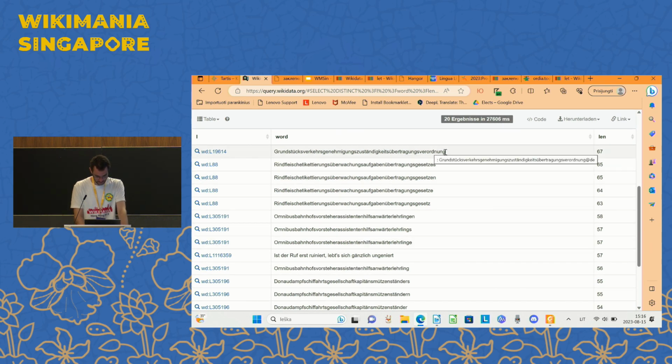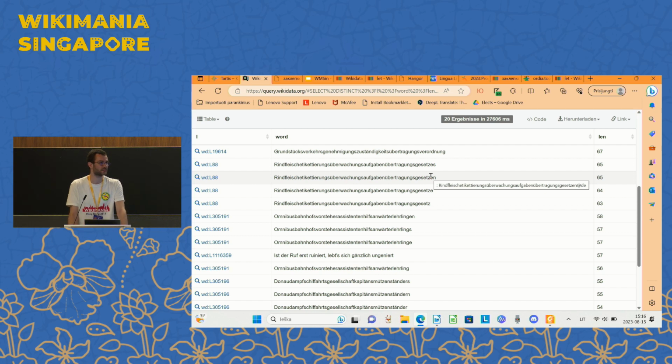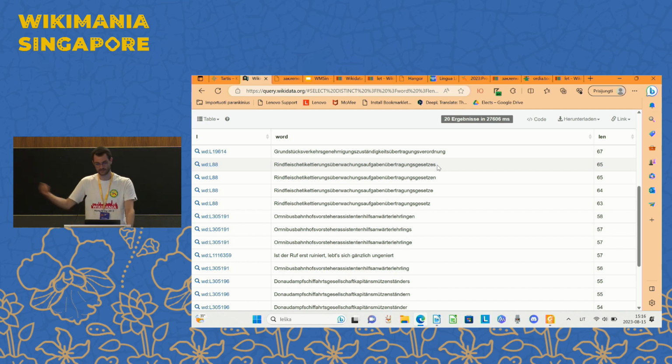An unexpected one first. The second one is popular, but it seems this query does include all forms. It does not just include the so-called dictionary form, the nominative singular, but in this case it's the genitive form. Genitive form means it shows possession. It would be something of that particular law that has this awfully long name. And this would be the second longest word, or the second longest form, that is included on